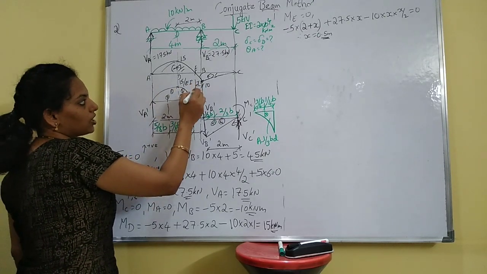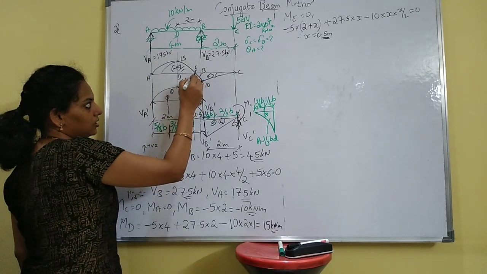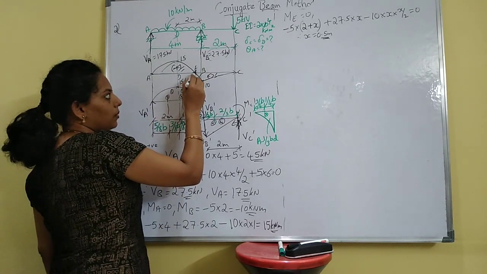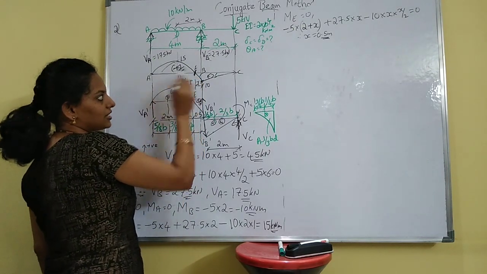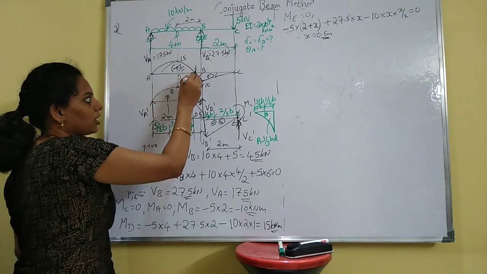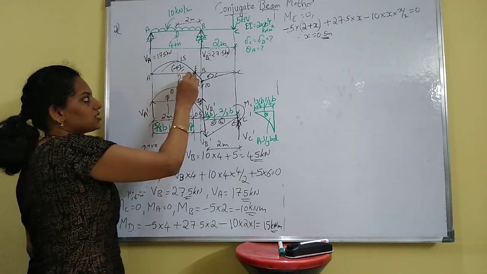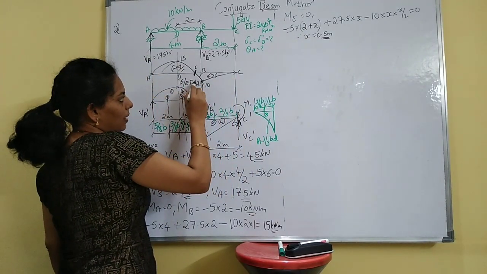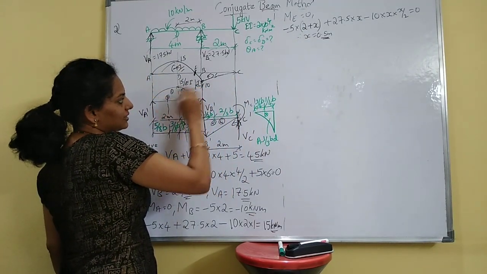Now we want this point of contraflexion, that is this small junction, that is E. So we know that bending moment at this point is 0. We can see there in the diagram. So at this point bending moment is 0. Just assume that ME is equal to 0. Then from up to that distance we will consider as X.